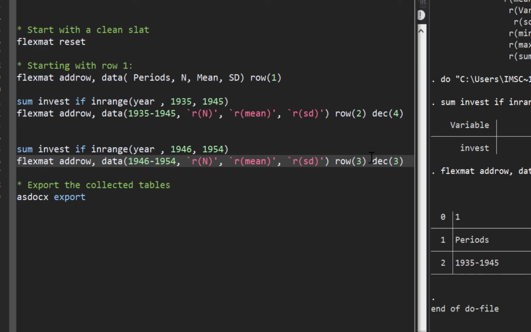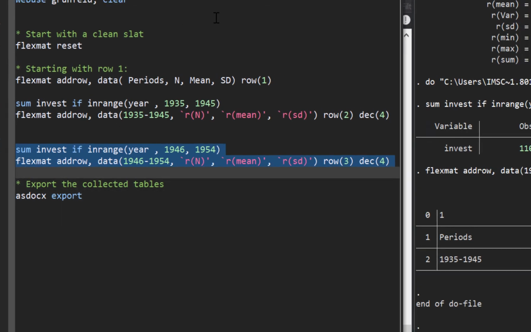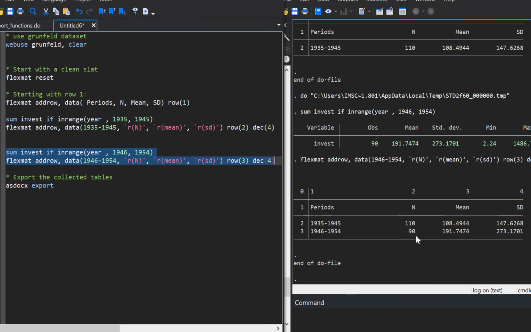Let me convert decimal points to 4, and this time we are writing this to row number 3. So I'm selecting both the lines of code together and running it, and now we have 3 rows in our table, and we can continue adding rows, columns, or individual cells to this specific table.